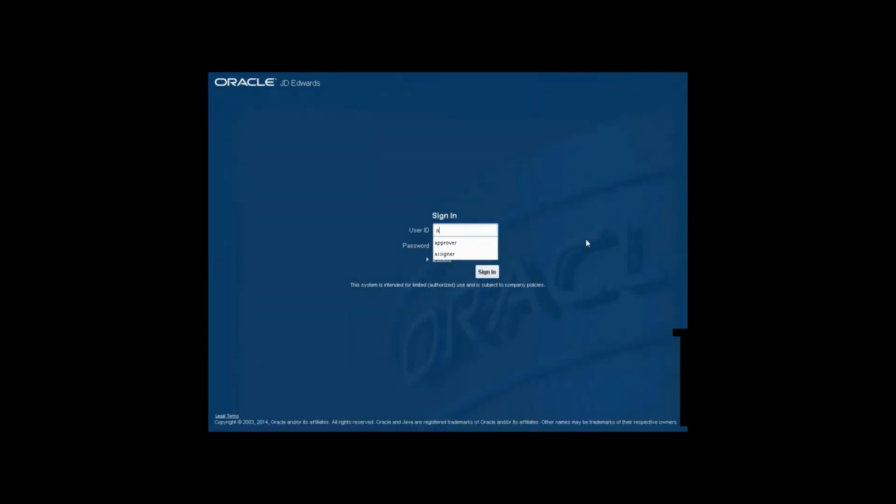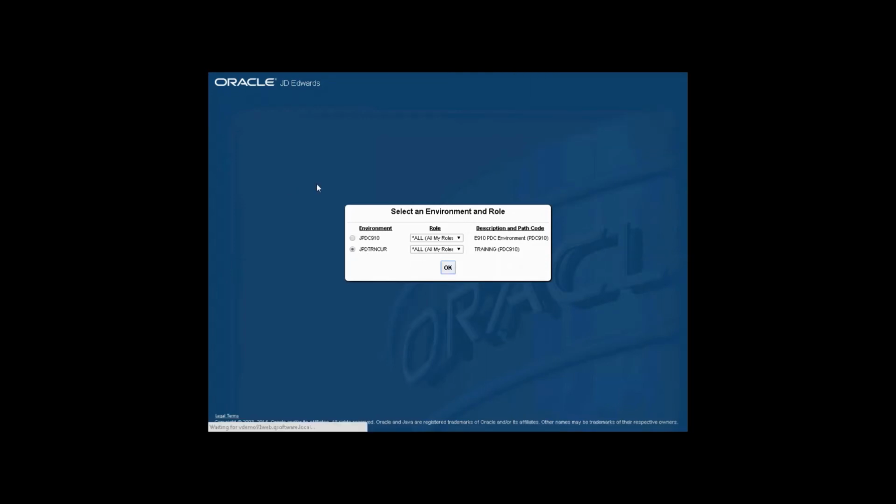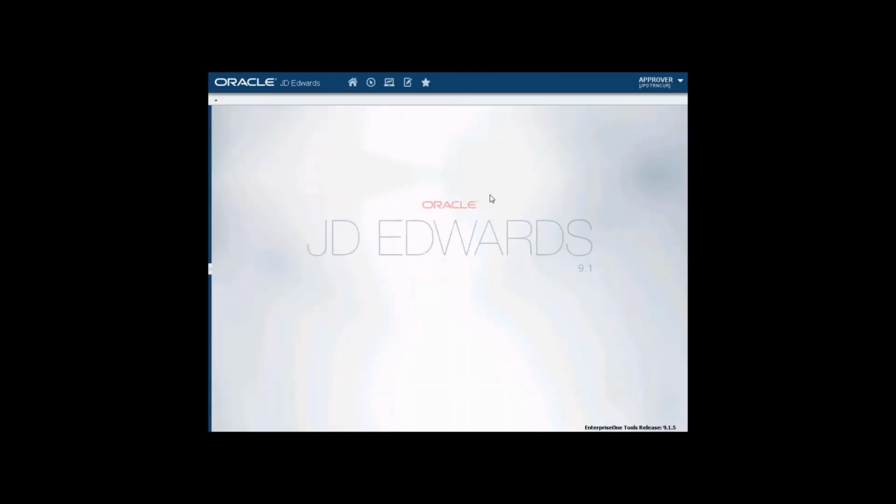Sign on now, and this time I'm going to sign on as approver. Now remember, approver has been getting these emails, as you can see here, and this is now a role request from owner, designating that we're ready to go. So now I'm signing on as the approver, going back into the application,